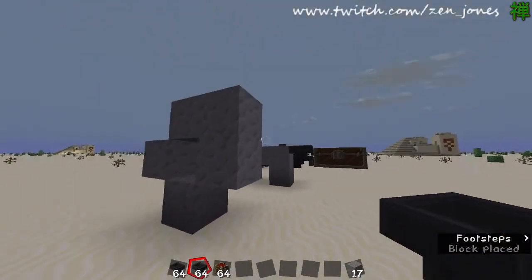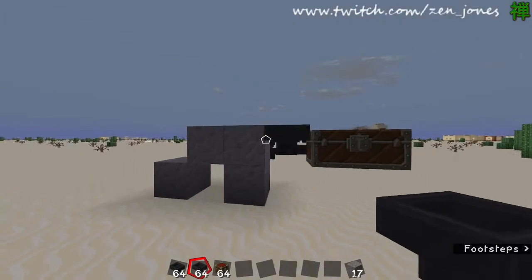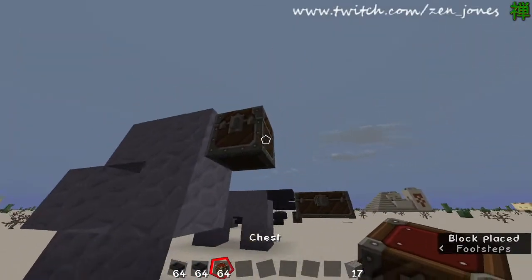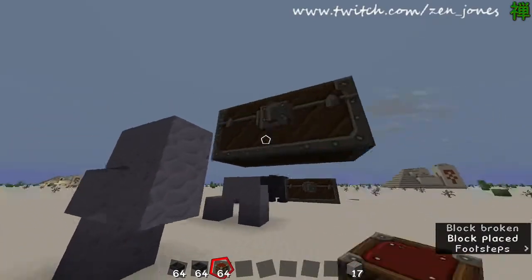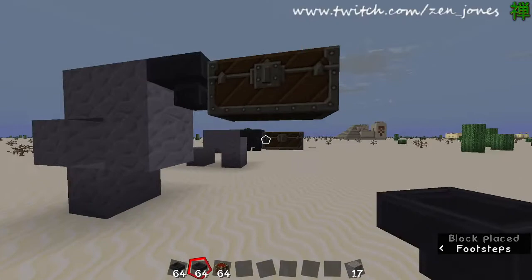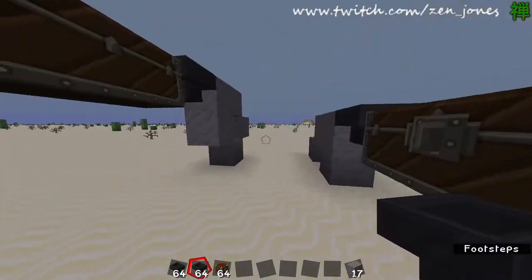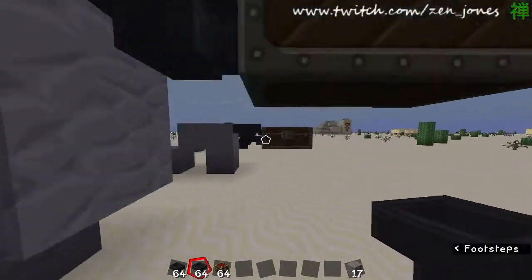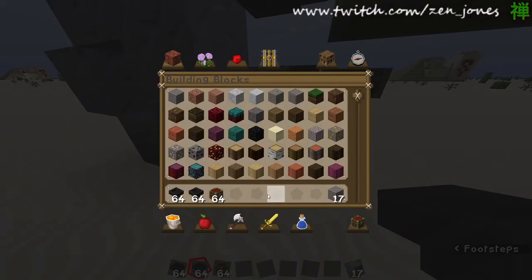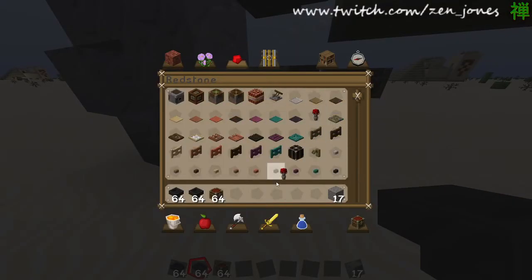Now, if your chest is level with the top of your doodad, so I'm going to put a chest here and a hopper here. And this has to do with how the redstone works. I like having them up, gives me a little more space. We're going to build a couple of different types here. I'm going to build